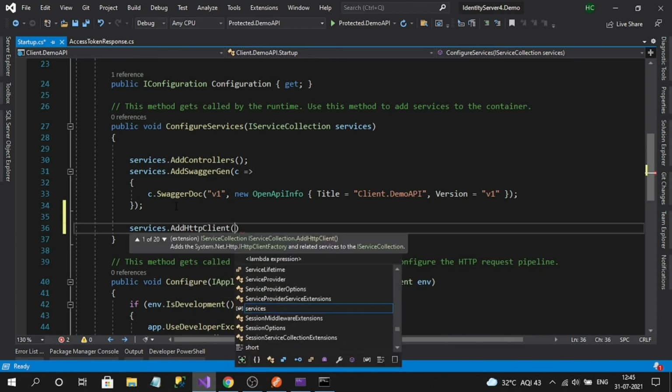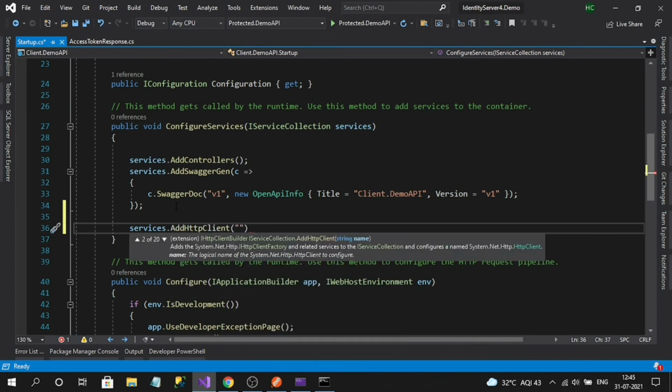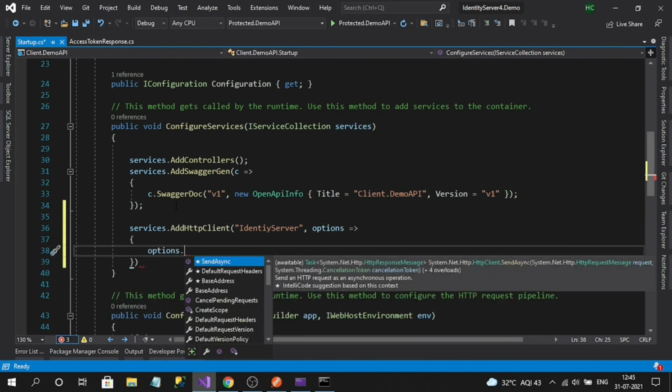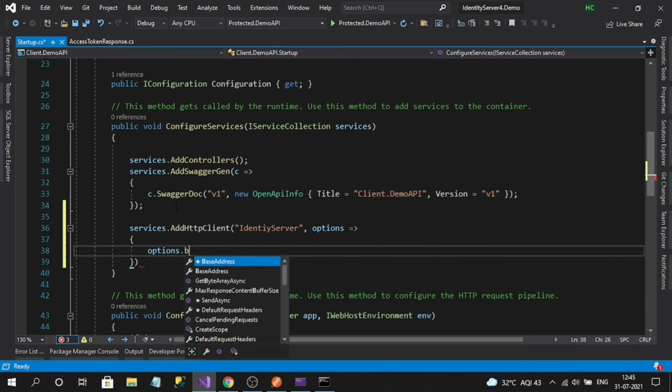Here I am going to use the named client technique. Through names we can generate the HTTP client instance. First I will name it identity server. In options, we need to register the base domain of our identity server, so base address equal to